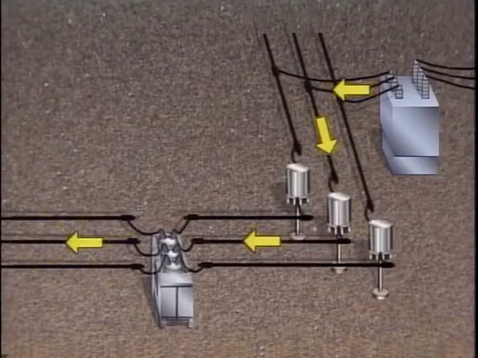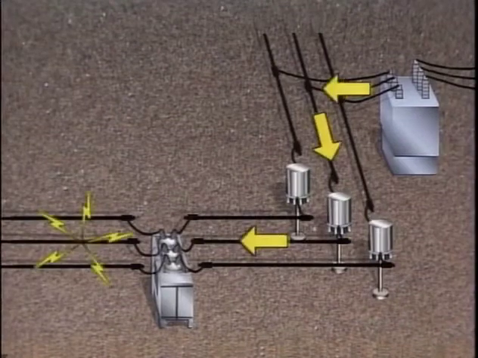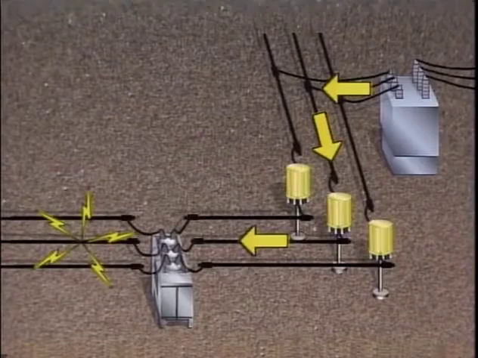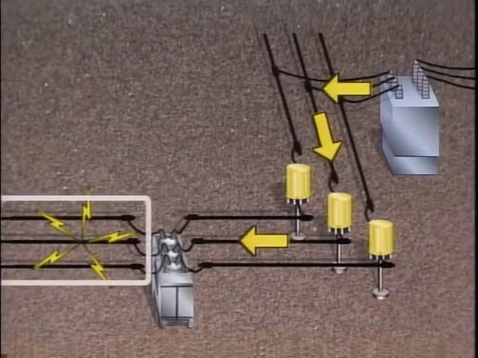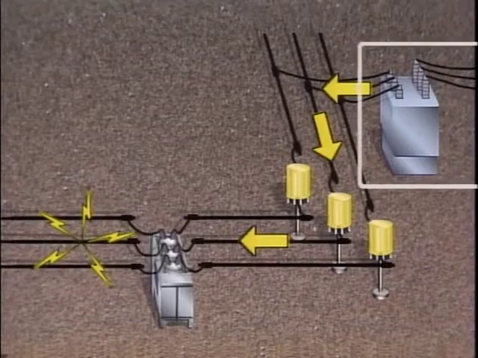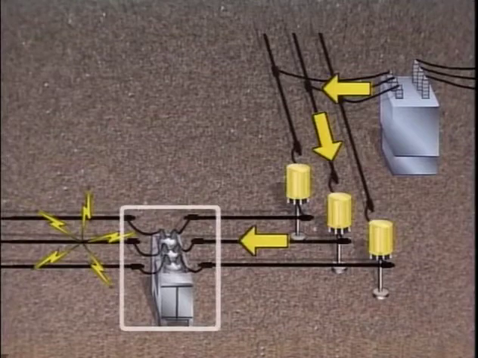Now let's see what would happen with the series reactors back in the circuit. When a fault occurs on the feeder, fault current increases induction in the reactors. The induction opposes and limits the flow of fault current to the feeder. In this way, it protects the feeder and feeder equipment from high fault current. To some degree, it also protects the power transformer from high fault current. And because it limits the flow of fault current, the circuit breaker can be smaller and have a lower